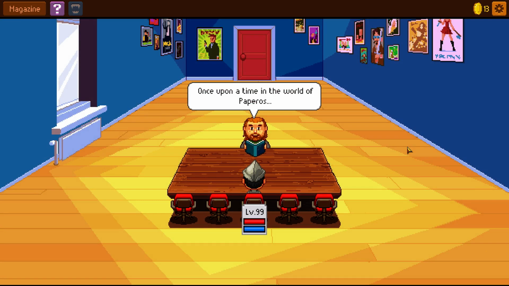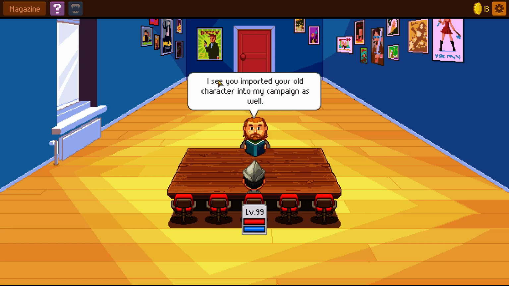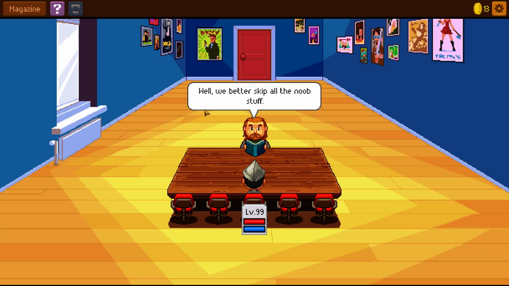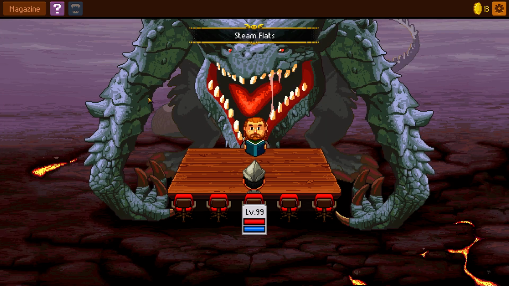Once upon a time in the world of Paperos. Yeah, I have my dice ready. I see you imported your old character in my campaign as well. Yeah, this is my level 99 Paper Knight. I played another campaign. Well, we better skip all the noob stuff. Remember that you can always find help in the player's handbook. That's up here. We won't need it because I have an idea how the game works already, but...